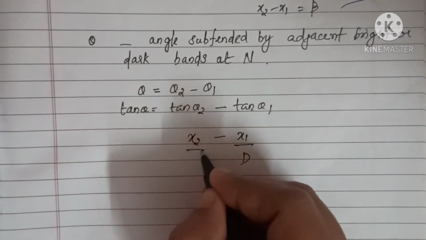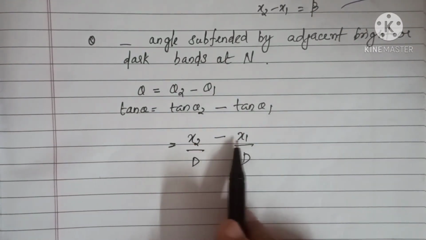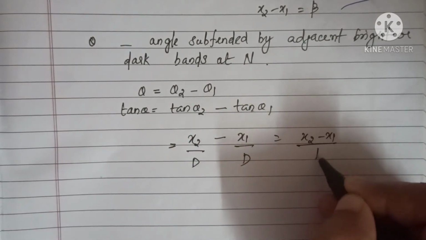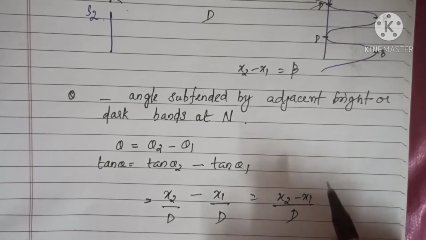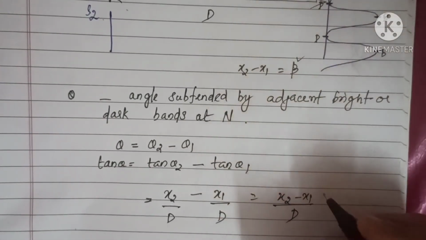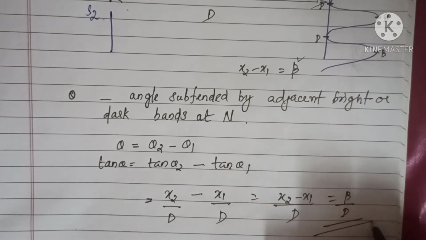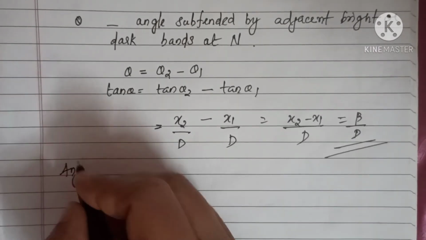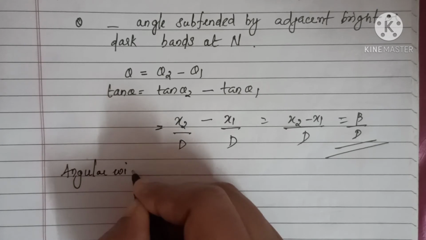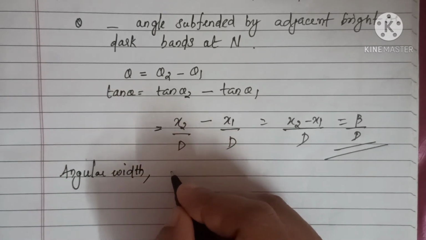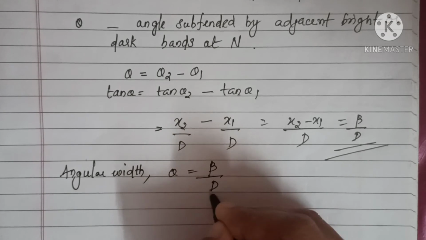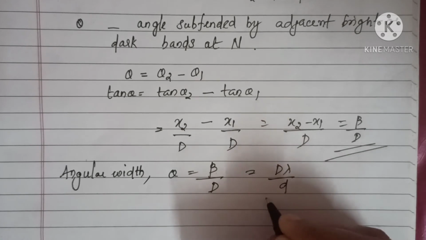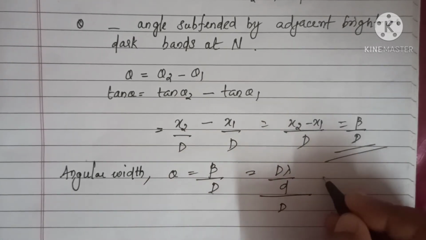x2 by D. Clear? So x2 minus x1 by D. And what is this x2 minus x1? It is actually the fringe width beta, that is beta by D. So I can write this angular width in terms of beta. Angular width in terms of beta is theta is equal to beta by D. Now beta, you have the expression D lambda by d, again divided by this D, which will give you